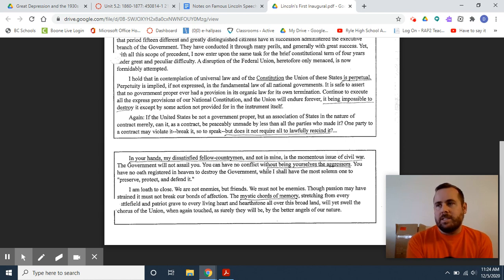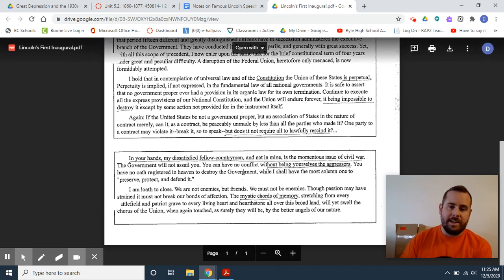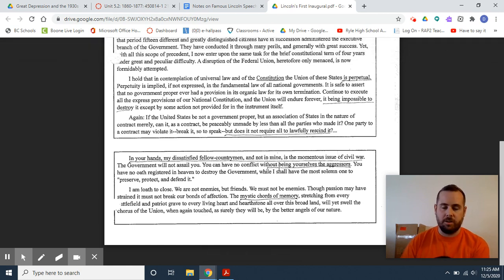And in fact, what's essentially going to start the war at Fort Sumter is the South has surrounded this northern Army fort. Fort Sumter is in South Carolina, but it's a Union fort. And when Lincoln sends in a resupply ship, not an attack ship, the South will fire shots at Fort Sumter, and that's how the war will begin. So Lincoln was essentially baiting the South to be the aggressors in the war. He did not want to be the aggressor, and he will achieve that at Fort Sumter.